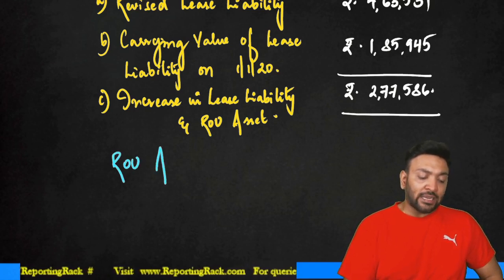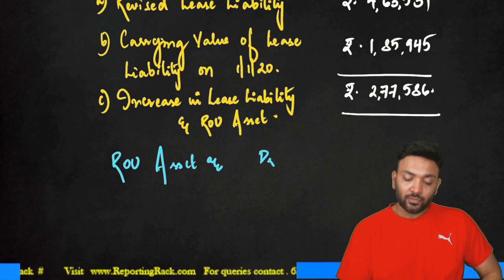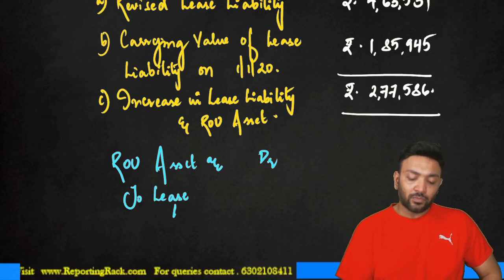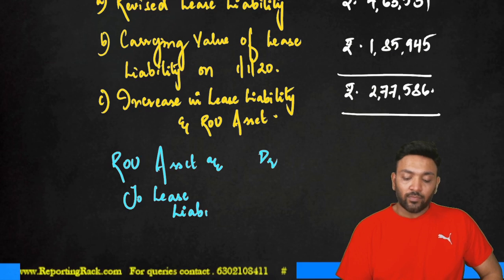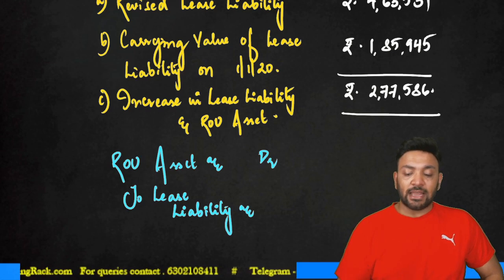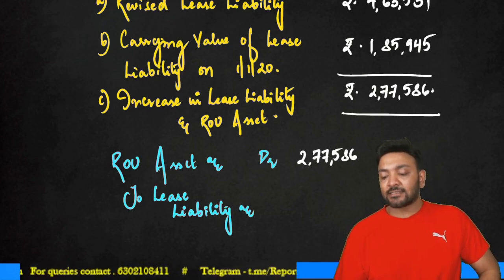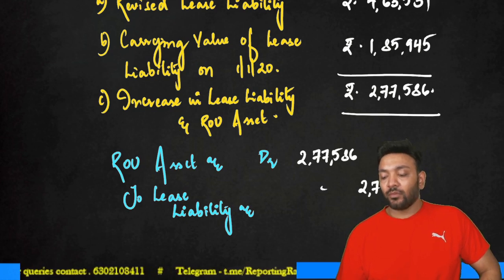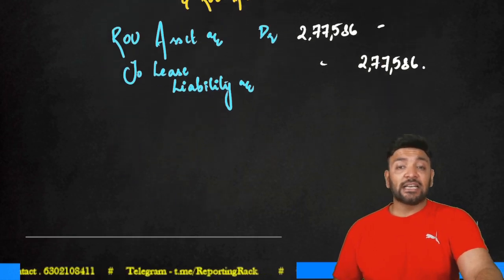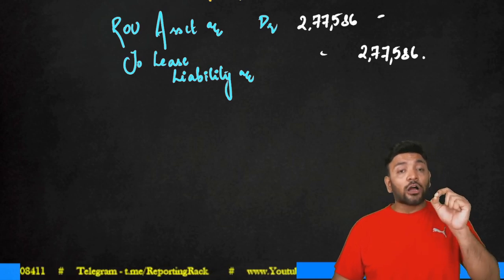ROU asset account debit to lease liability, for the same amount, 2,77,586. Because you passed this entry, the value of ROU asset has also changed, which in turn also reflects a change